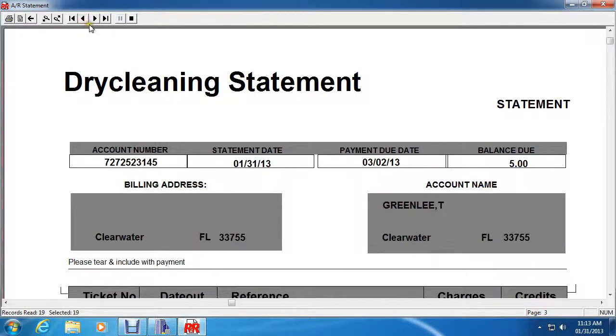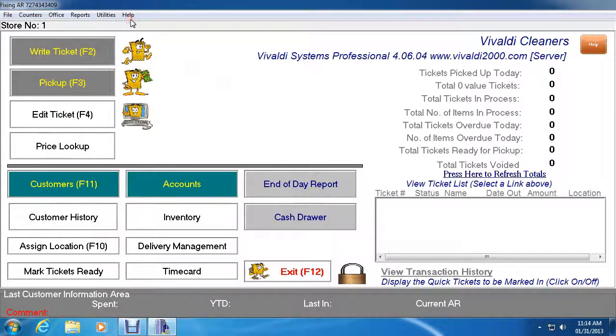Then once you're done, you can click the print button on the top left of the screen, which we're not going to do right now, because that would be a lot of pages, depending on who's on your account. And then once you're done, click on the black box at the right of the screen, and then we're back on the main menu. And that is the accounts section of